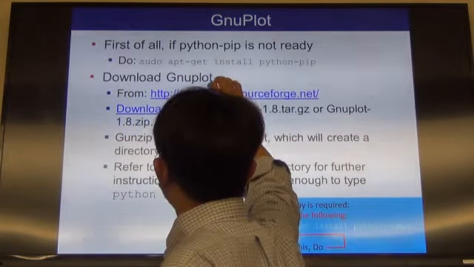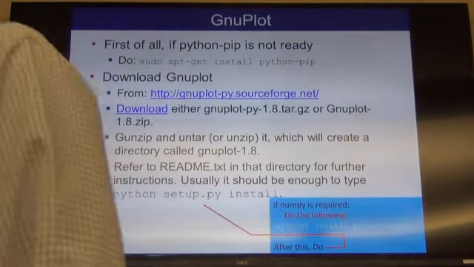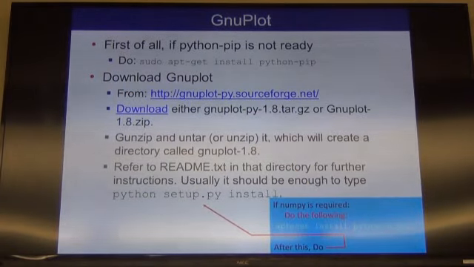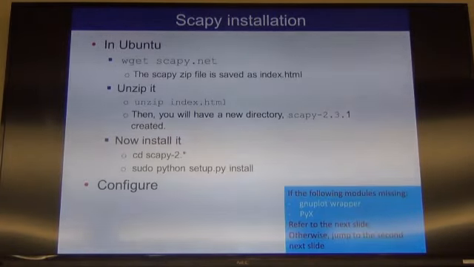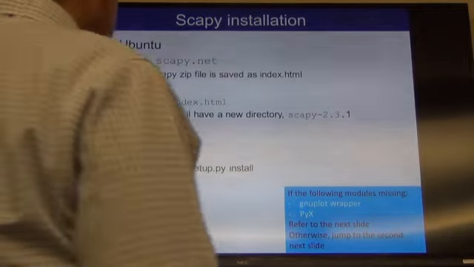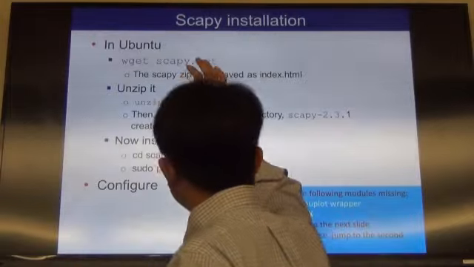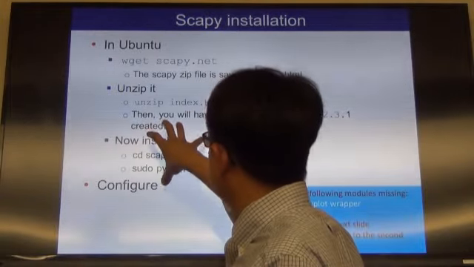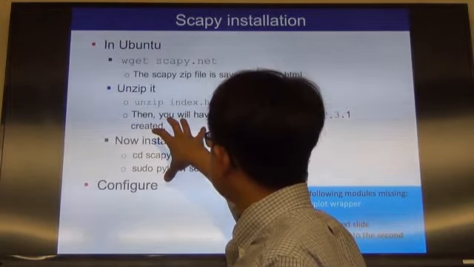Or like Scapy, you can do it step by step. First download, unzip and install. This is a typical installation for a specific Python program, a Python module.